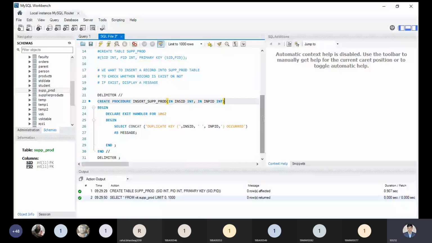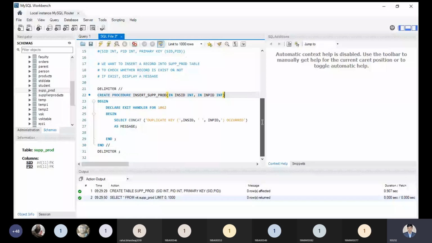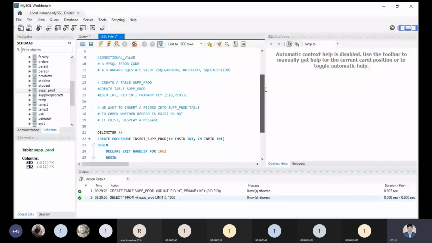Yes, sir. Okay, and this begin section and end section is the main begin and end section. From this code, we will define our procedure language code. So first we are declaring the action, that is, if we find an error. This error code will be a standard error code. We have to remember, and if you are not remembering, then you can define your own. You can use any standard SQL value, or you can use your own defined one.